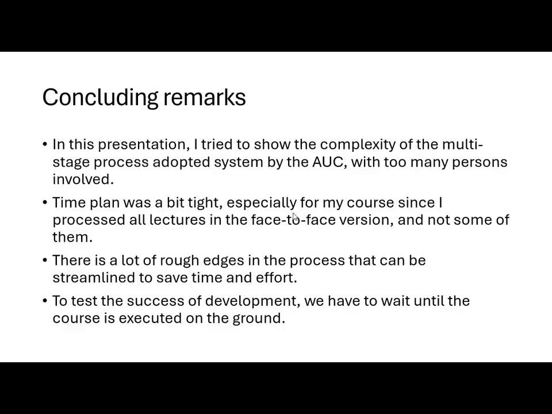My concluding remarks: I tried in this presentation to show the complexity and the multi-stage process adopted by the system of the American University in Cairo, with too many persons involved. The time plan was a bit tight, especially for my course, because I opted to include all my 15 lectures, that were designed for the face-to-face version, and not some of them as the rest of the courses for other colleagues. There are a lot of rough edges in the process that can be streamlined to save time and effort,